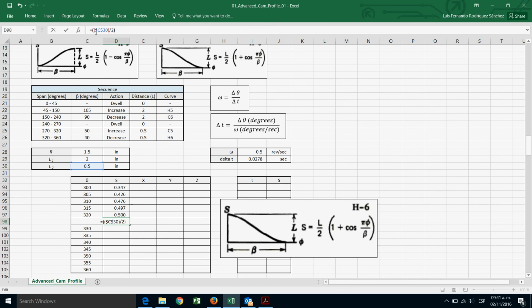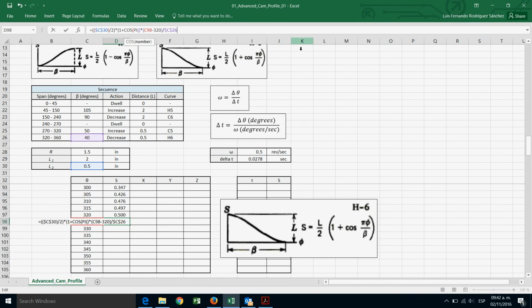Okay. And then times 1 plus cosine pi times phi. In this case, phi is C98 minus 320 over beta, which is 40 degrees,